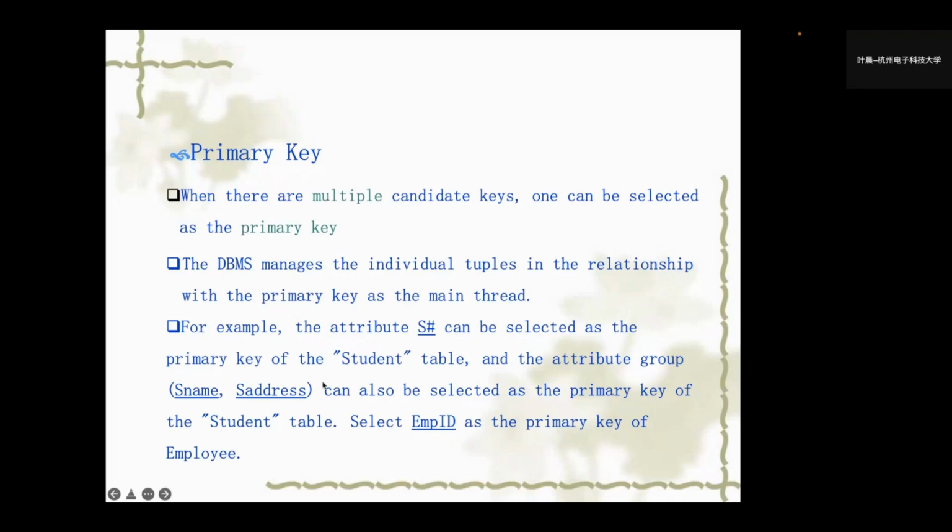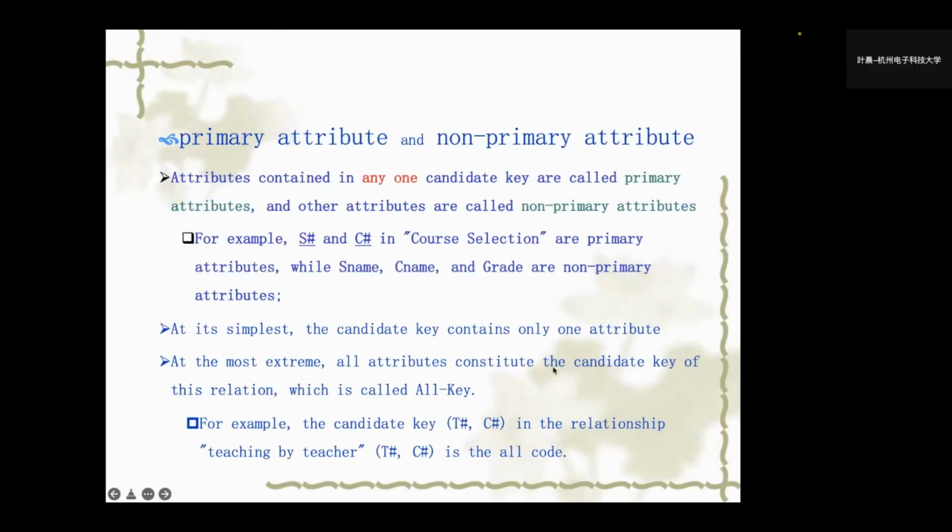Here, we need to notice that we only need to select one candidate key as the primary key. And here, we also introduce the primary attribute and the non-primary attribute. The attributes contained in any candidate key are called primary attributes. In contrast, other attributes which are not in any candidate key are called non-primary attributes. For example, for the S number and the C number in the course selection table, these two attributes are primary attributes, while the S name, C name, and grade are not